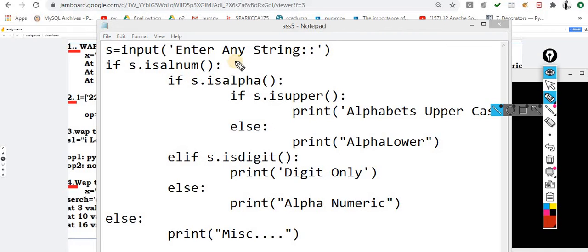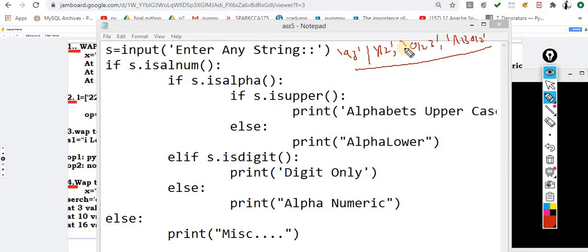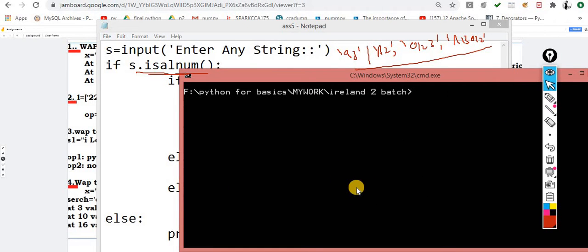Now how exactly does it work? In all of the cases, whatever the user enters, whether capital letters, digits 0, 1, 2, 3, or a combination of A, B and digits, this condition will be true.